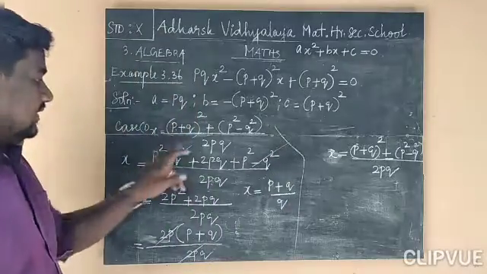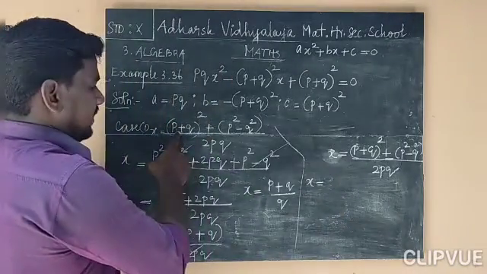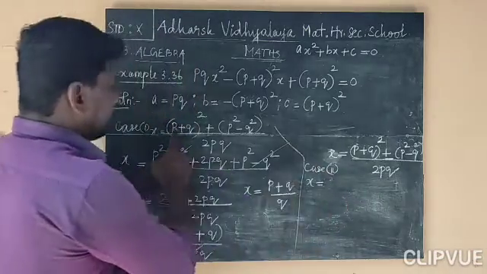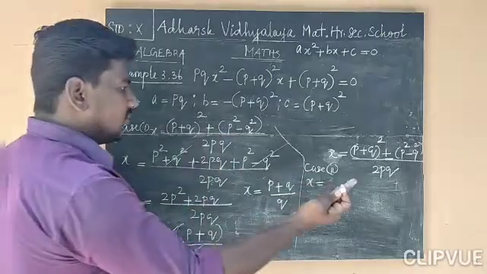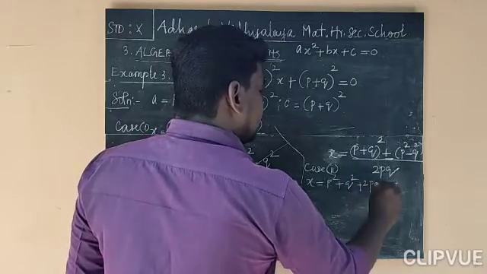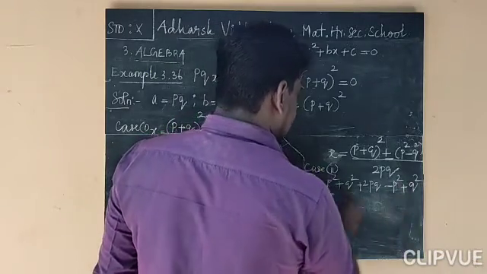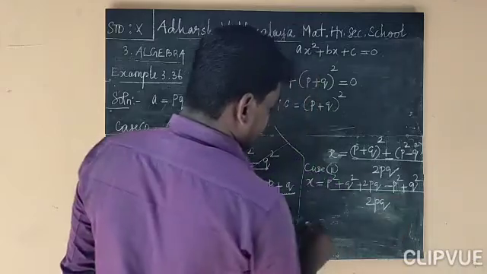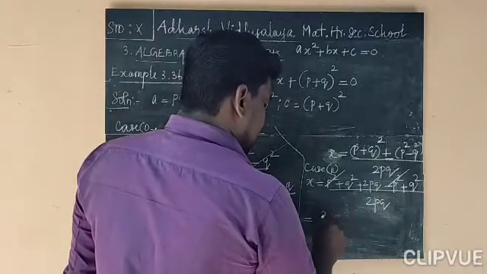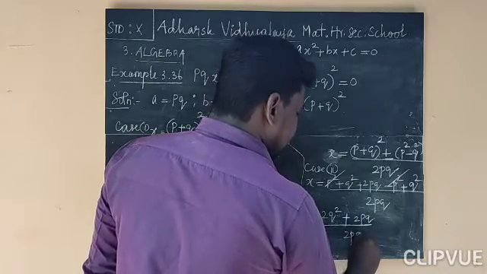If it is positive, that is this. If it is negative, what do we get? It becomes case 2. x is equal to (p plus q) whole square as it is. Instead of plus, minus will be there. So p square plus q square minus 2pq. Here it becomes minus (p square minus q square) whole divided by 2pq. So plus p square minus p square will be cancelled. So q square plus q square, 2q square, plus 2pq divided by 2pq.